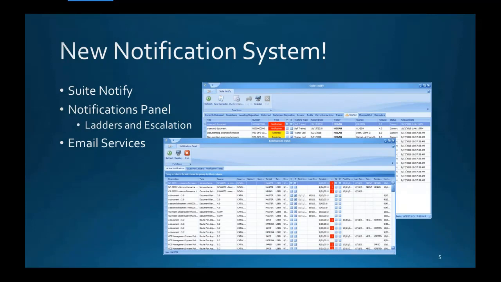The biggest and most dramatic change to the suite is our new notification system, which is called Suite Notify and Notifications Panel. The first image on the screen depicts a screenshot of it. It combines the majority of notifications from our applications into one place. The only application not involved in Suite Notify currently is Folio Manager, but that will be added in a later